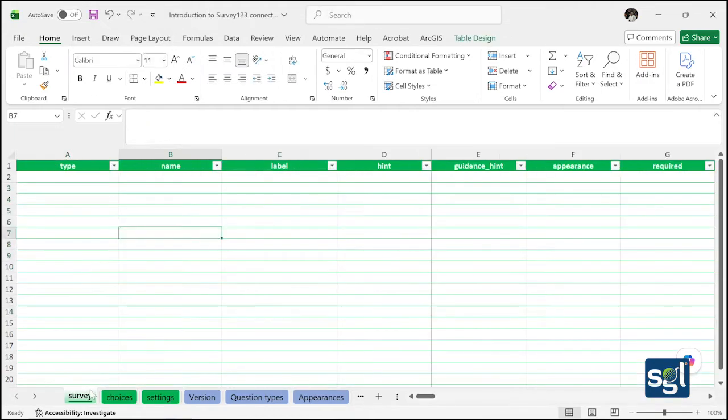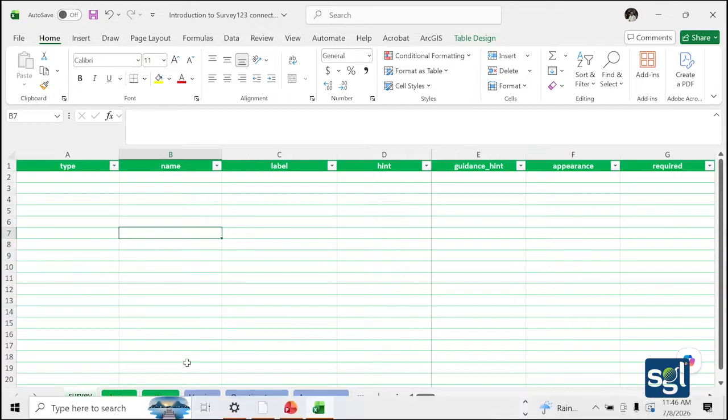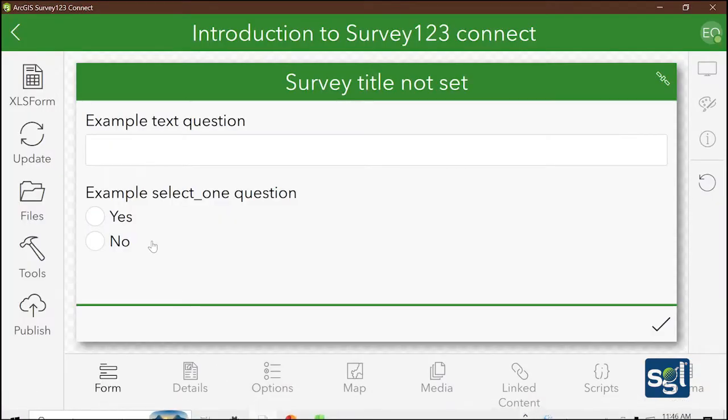All right. So we have the XLSForm session, and we also have the Connect app. This is where we are going to preview what we have done in the Excel sheet. What we cleared in the choices sheet and the survey sheet is what we are having here in the preview. You can see the example text question and the example select one question. So I think if I have to update it,